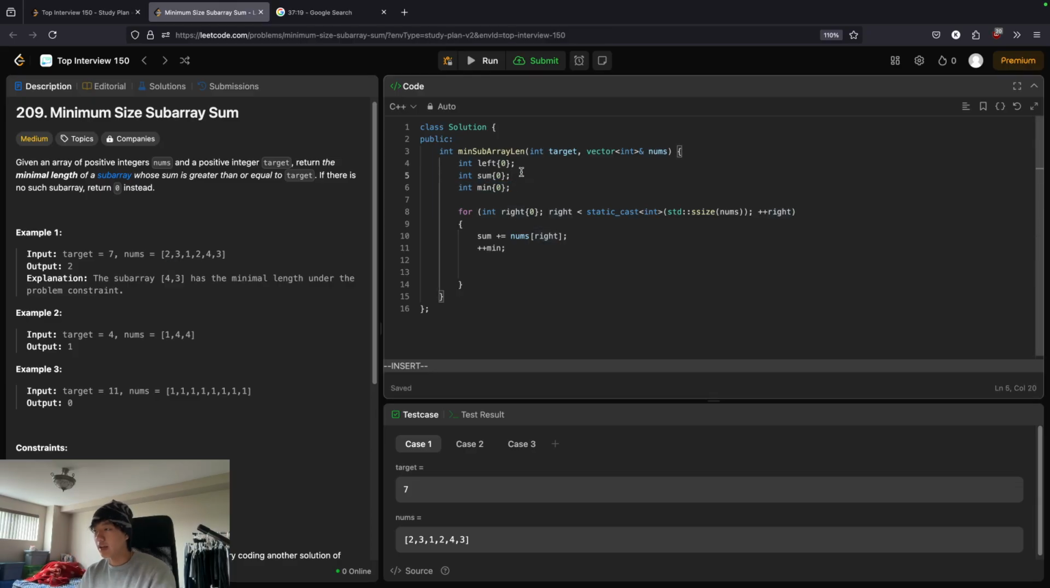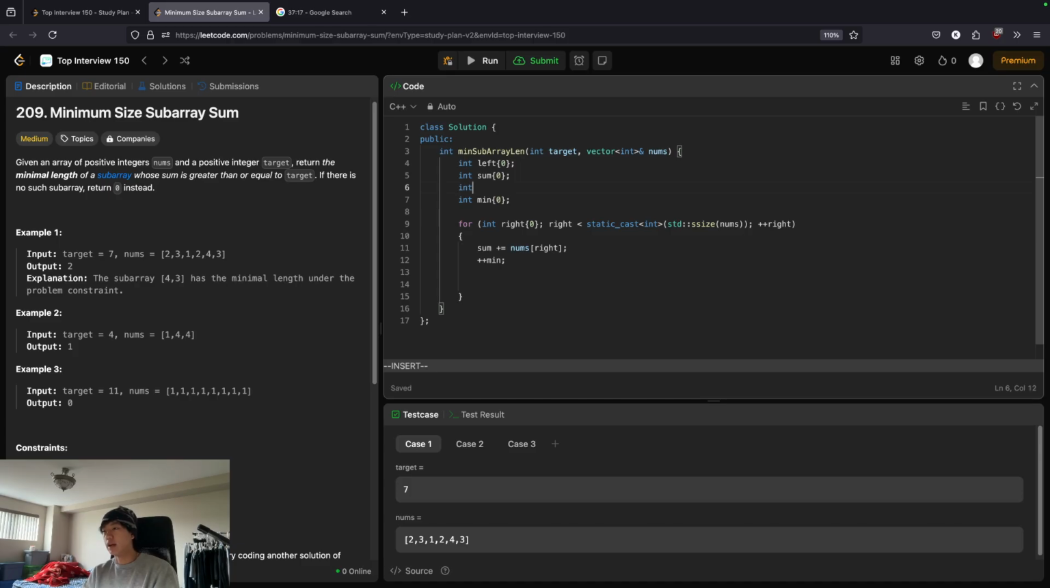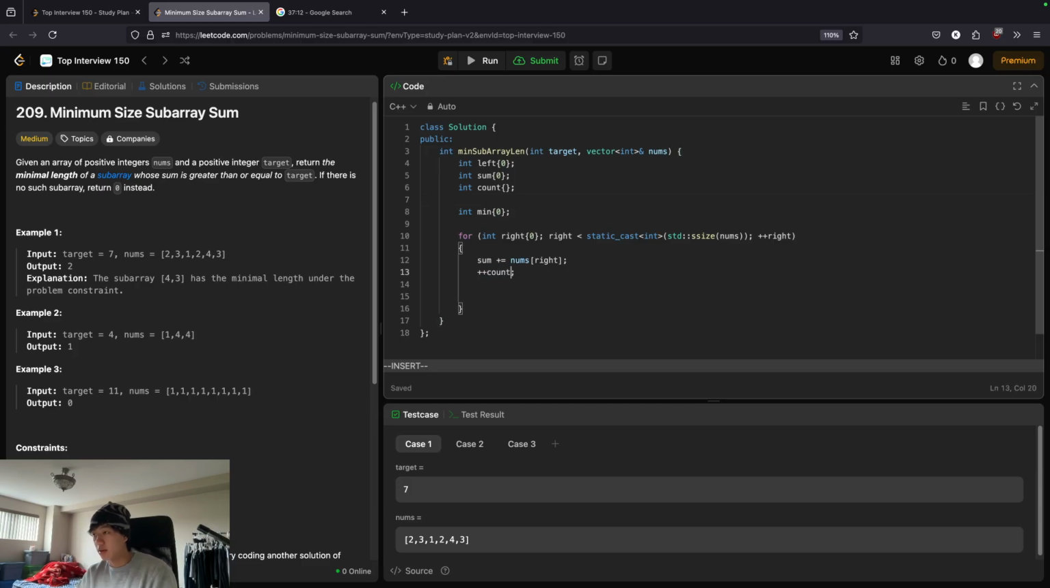Maybe we just have a count and an int count instead for now, and then we just leave min alone. Okay, we have a sub count. So we count. Okay, so we know that we have 1 in our window. And then if sum is greater or equal to k, then we know that we are able to